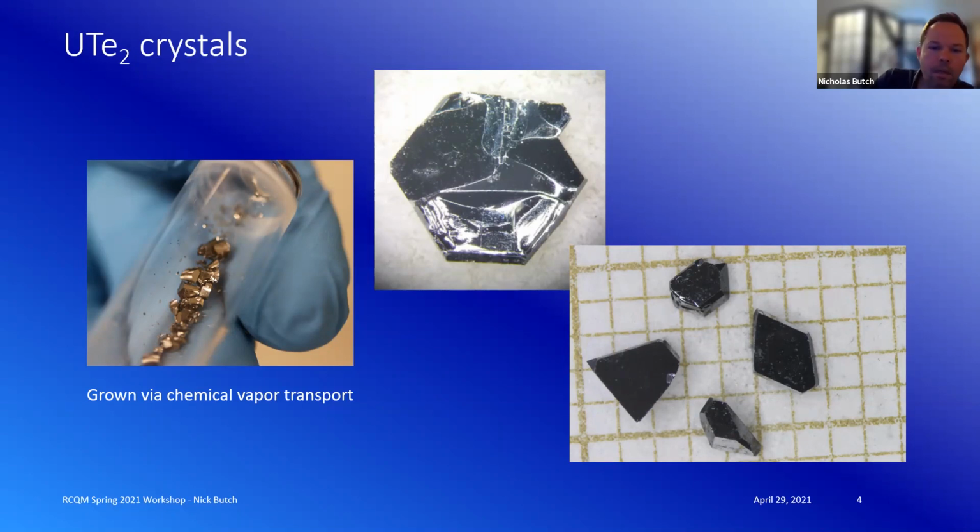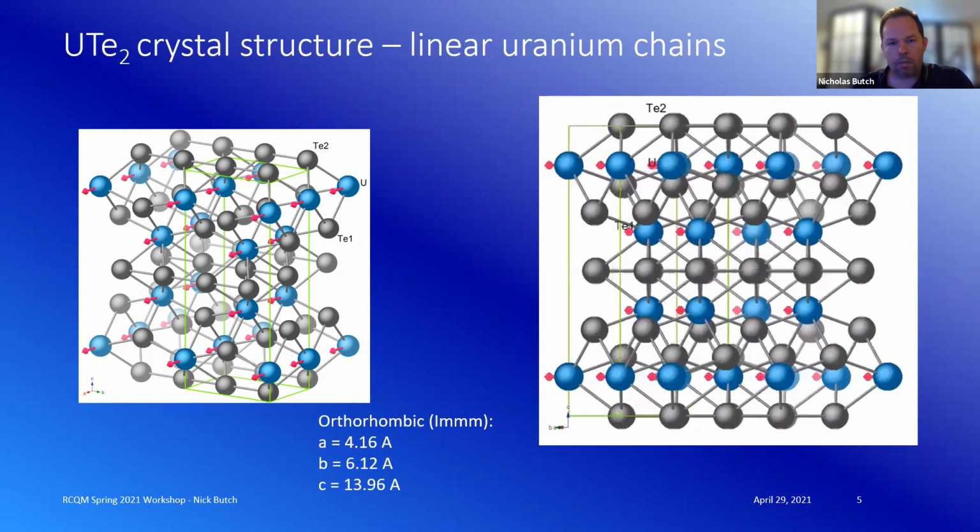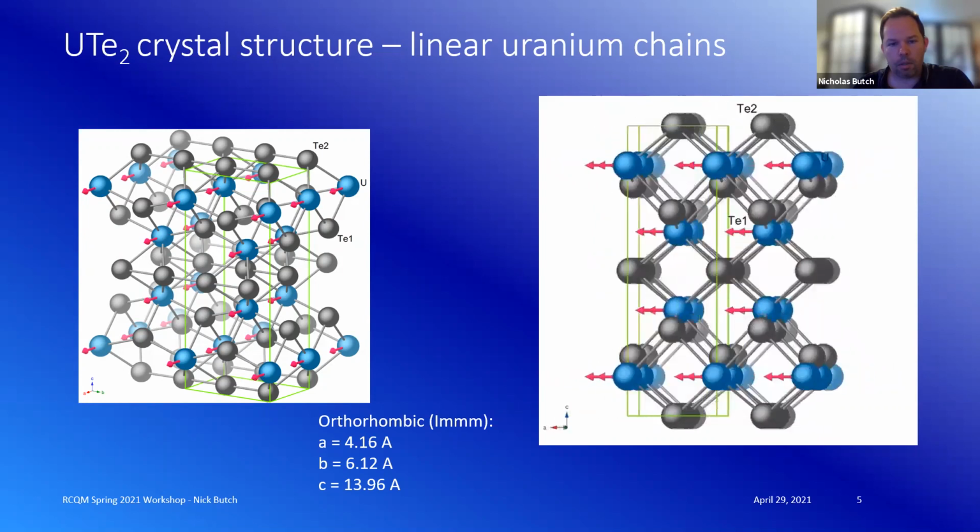But this is what they look like. They're shiny. And this is what the crystal structure looks like. It's orthorhombic. So on the left, there is actually multiple unit cells. I just have that projection because I like to emphasize that there's a linear uranium chain structure here. And it actually coincides with the easy axis, the magnetic easy axis. The other thing is that this is a centrosymmetric structure. And on the right, I'll just show you a quick rotation if this works. And if I pause it right, let's see.